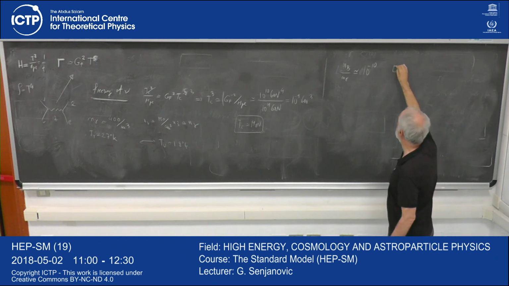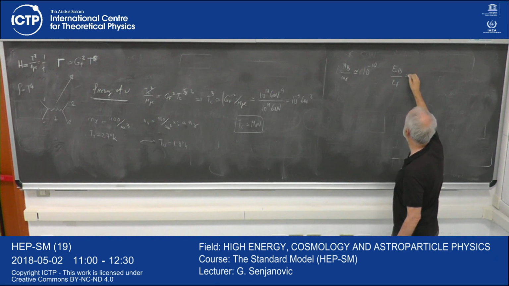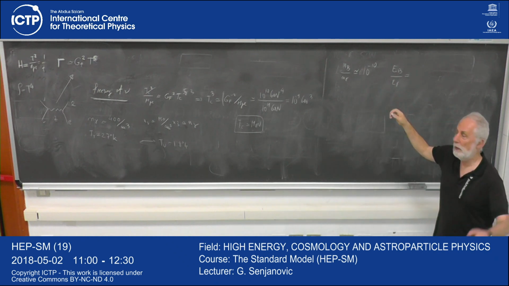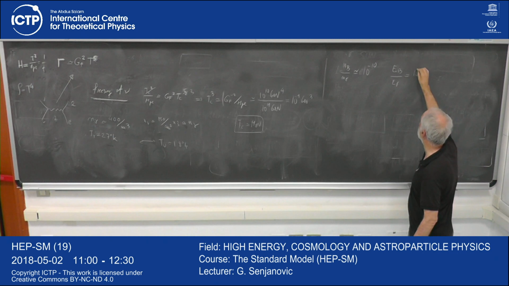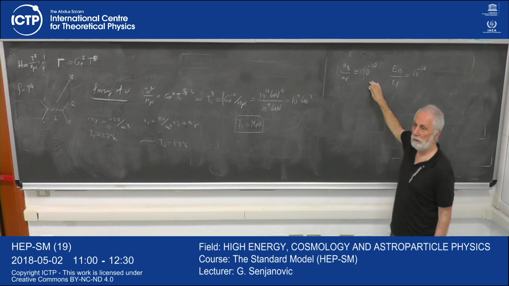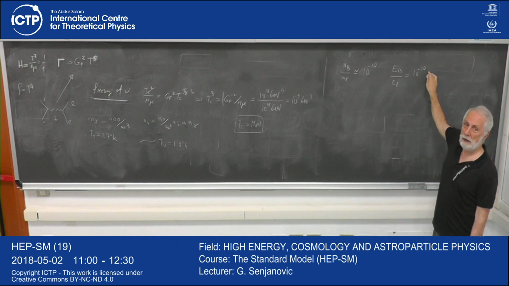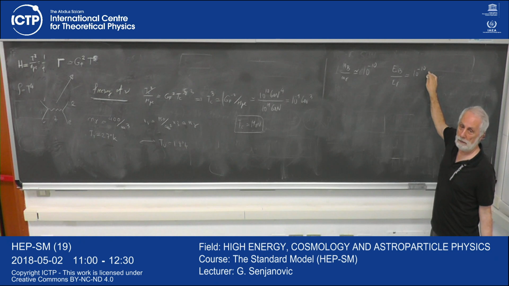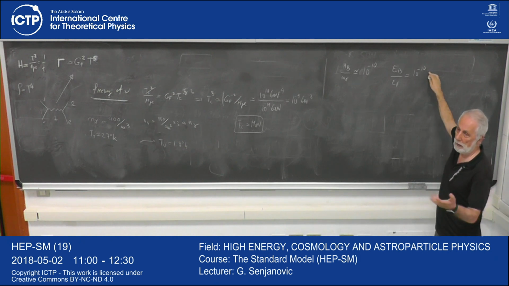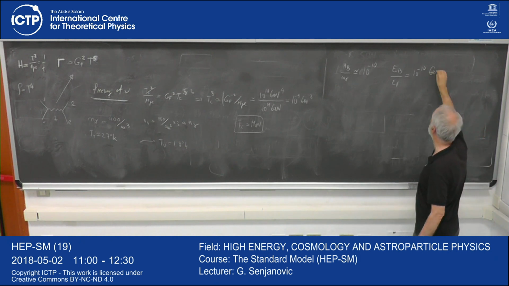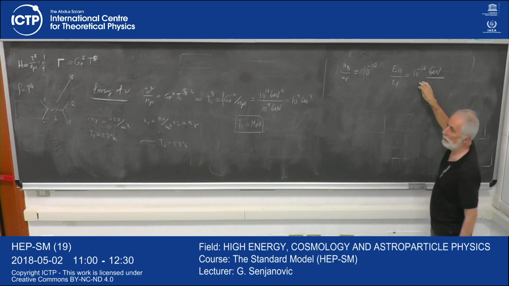So if I calculate the energy in the form of baryons and compare with the energy in the form of photons of the universe, what would I get? I would get 10 to the minus 10, the numbers relative. What is the energy of the baryon? It's its mass. The universe is very cold, nothing is moving. It's a GeV. What is the energy of the photon?